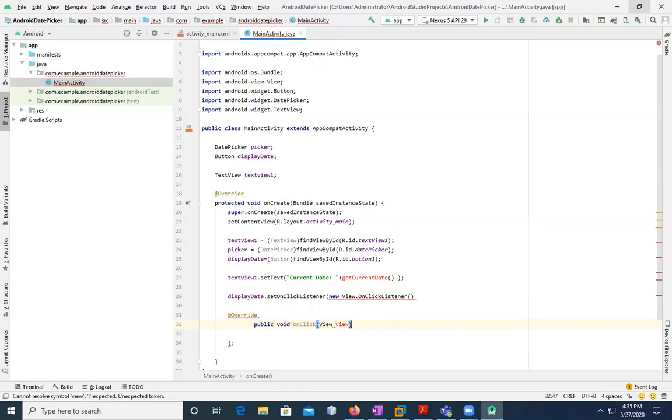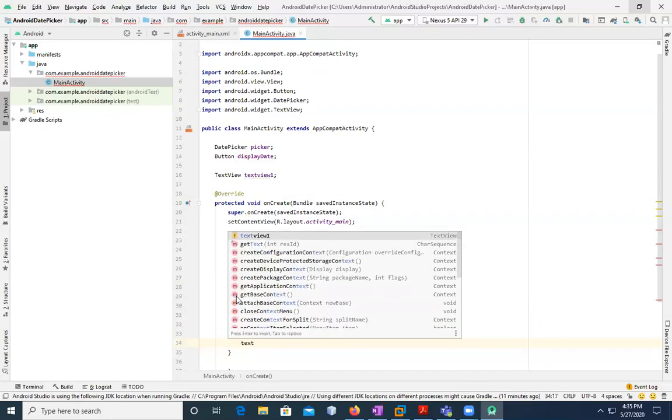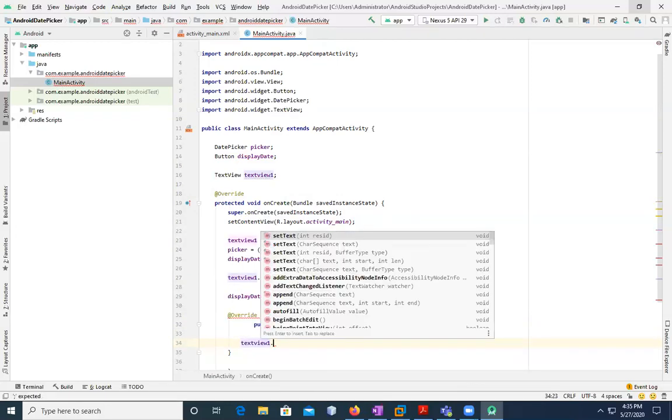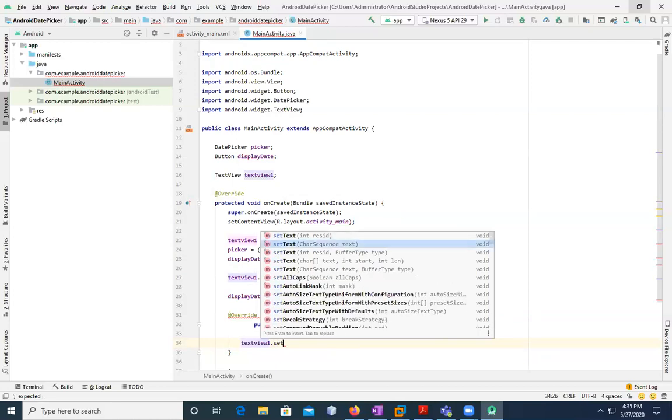Where will you go to view? The variable view should come automatically. Why didn't it come? textViewFirst.setText